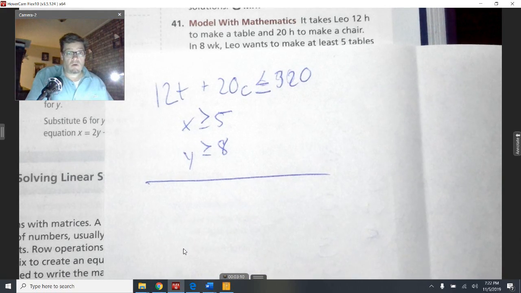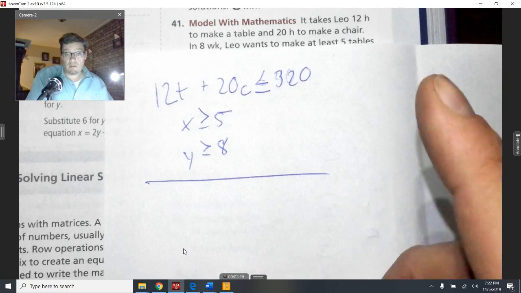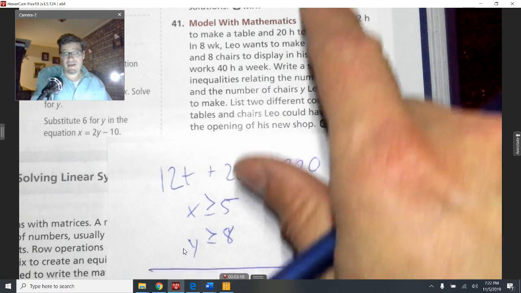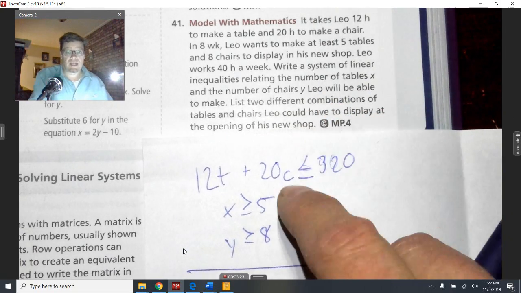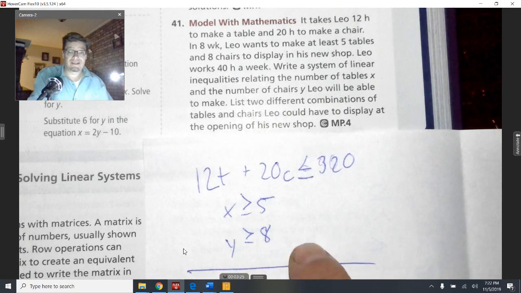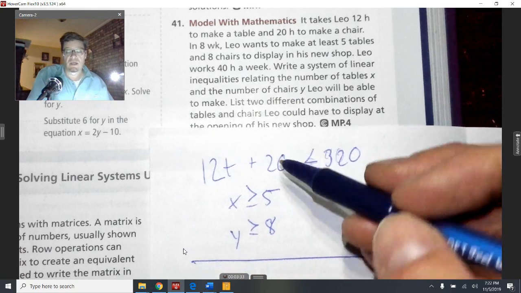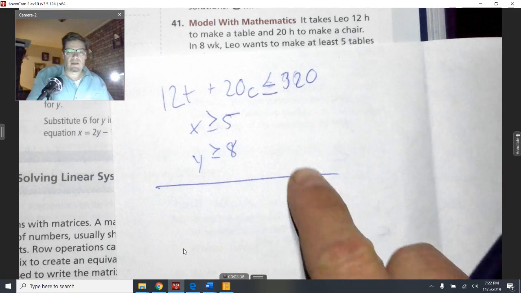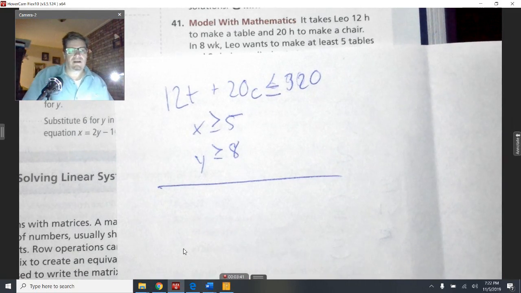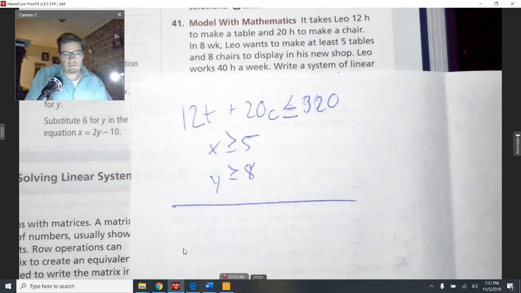All right. Now, I didn't show you guys how to graph inequalities on the TI-84, but these are all the constraints that I have. All right, and I'm going to allow you to use Desmos. If you get a linear inequality system, you can use Desmos to figure out what is possible. So list 2 different combinations of tables and chairs. If I were to graph this, then I would be able to see that possibility. Now your TI-84 does graph it, but I'm just not going to go there tonight because I'm sure you got a million other things to do,